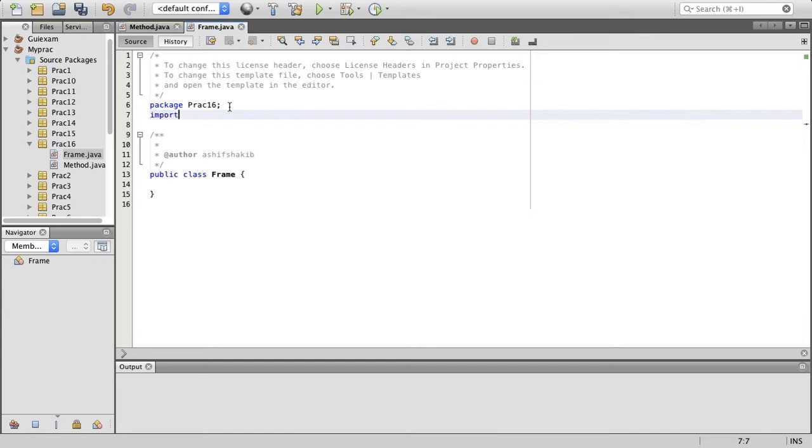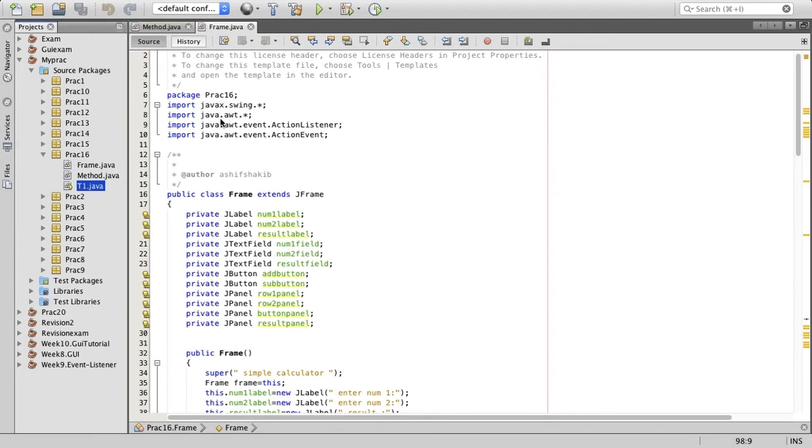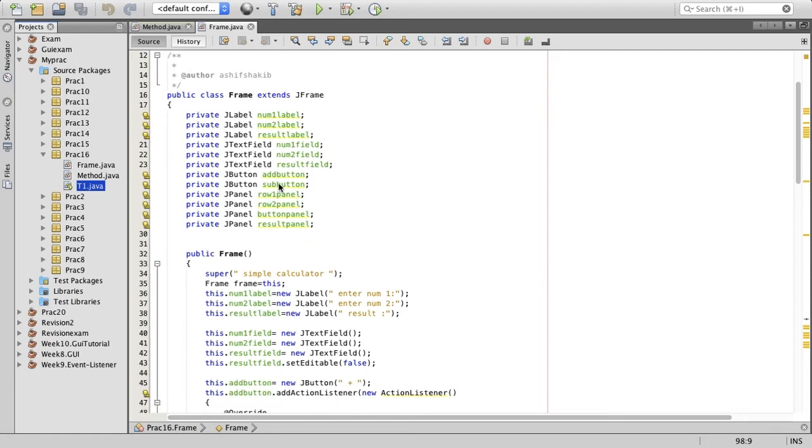Here we have to import some Java GUI building components. So I have created the frame class, which is the interface of the calculator. So this is how I started it. Frame extends JFrame. JFrame is the GUI builder of Java. So I have created